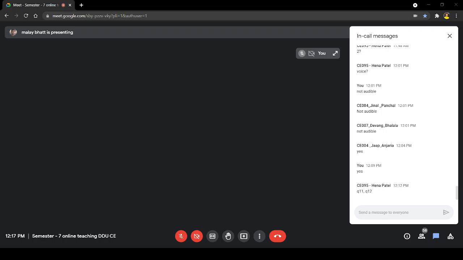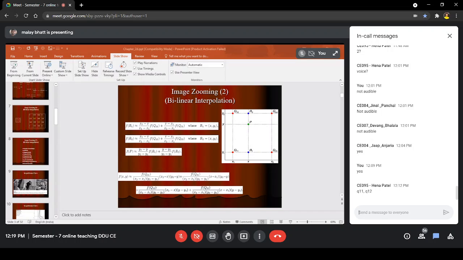You can also zoom the image in any one direction, and you can get the solution. So this is how we can perform image zooming with the bilinear interpolation technique. You just have to remember these equations, and once you remember them, you can find out the values of all the new pixels which are generated by you.